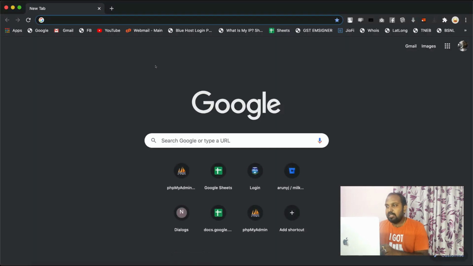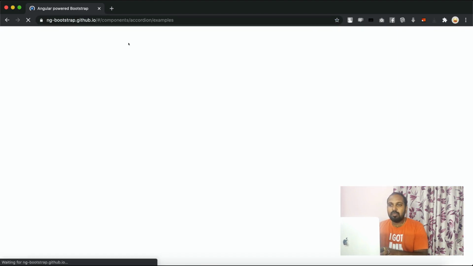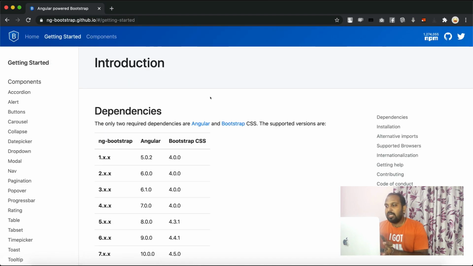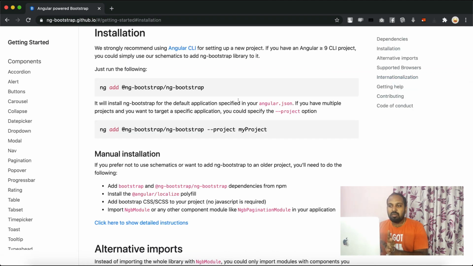Meantime, we can go to the official Angular Bootstrap page. Here they provide all the documentation about how to install it. This is the command: ng add @ng-bootstrap/ng-bootstrap.